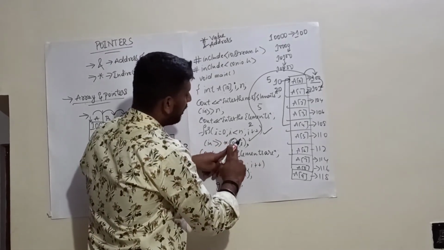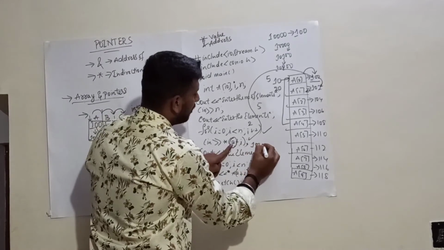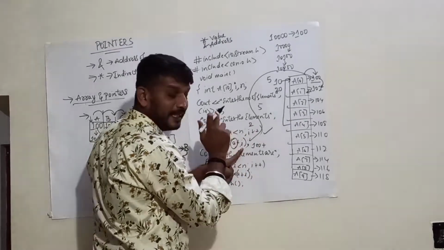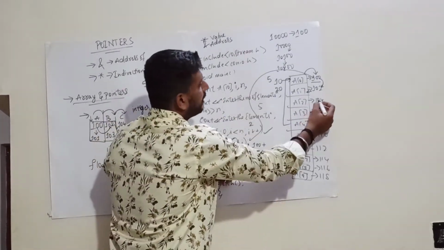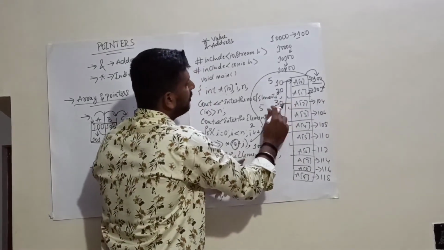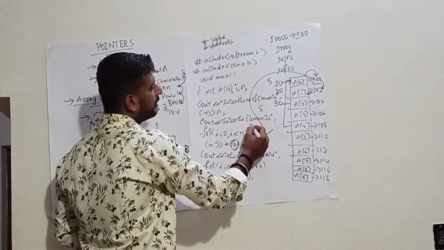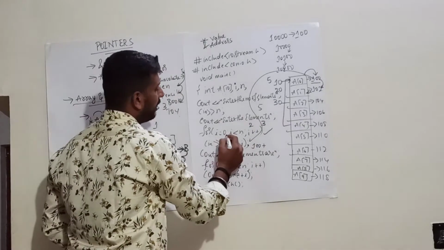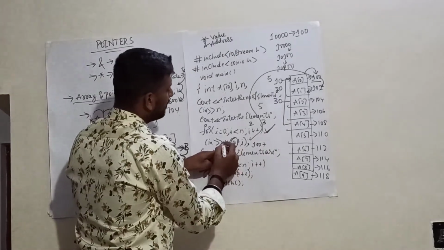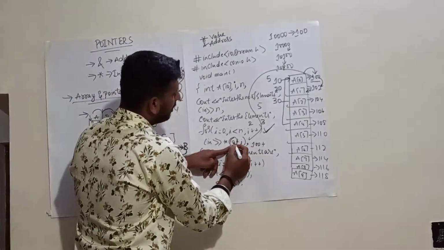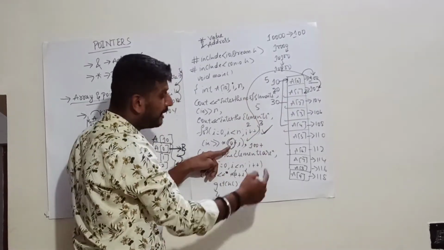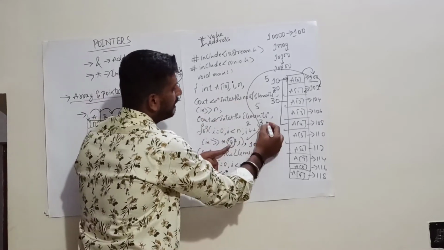Again the starting address is 100 plus the i value. Here it is 2, but I am making use of the integer pointer, so it gets incremented in steps of 2, and the value becomes 104. So the third element will be stored at 104. Again the i value gets incremented. The i value now becomes 3. 3 is less than 5, it is true. Now you are entering the next element. Again the starting address is nothing but 100. The i value is 3, but the incrementing happens in steps of 2, so this value becomes 6.